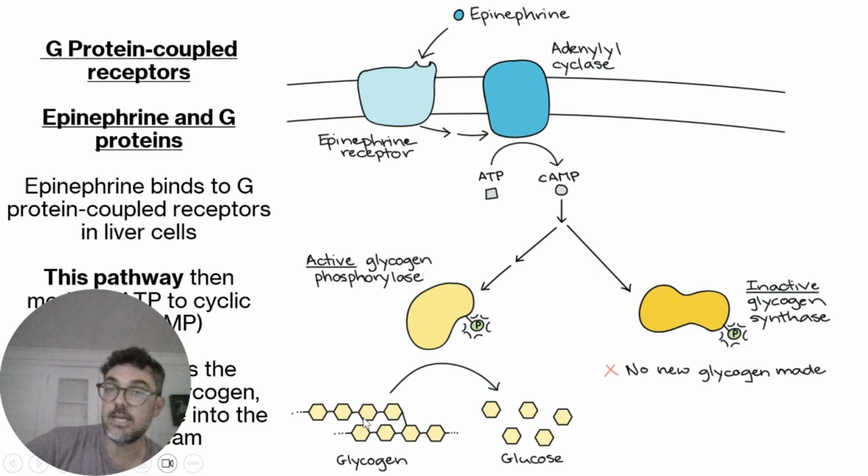It breaks down our glycogen to release glucose. So, the transduction pathway: after the binding of our ligand, epinephrine, we get G protein activity, which leads to ATP transformation into cAMP, which then gives us activated enzymes, which break glycogen down, releasing glucose so we can kick